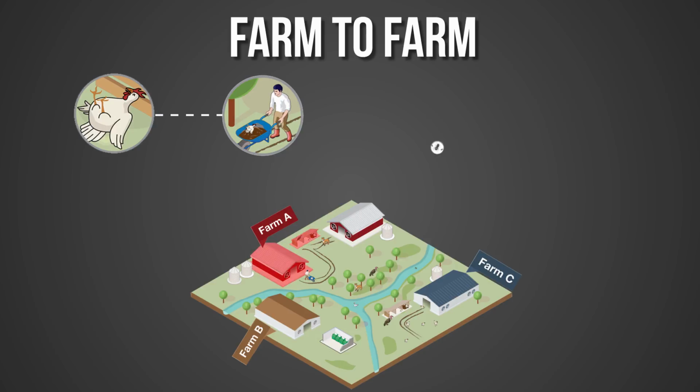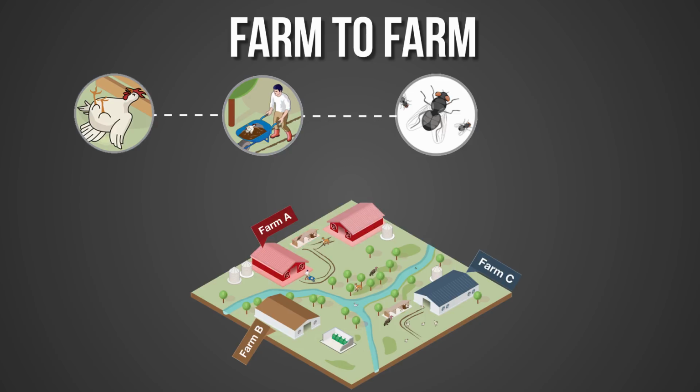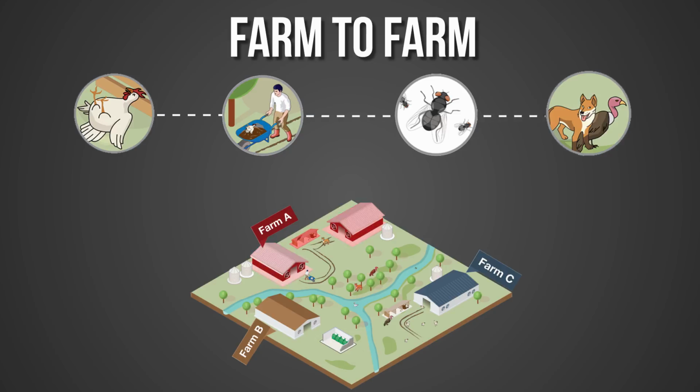3. Carcass composting attracts flies that can spread infection to other houses on Farm A and nearby farms. 4. Wild animals such as vultures, foxes, and raccoons visit the composting shed nightly for food. 5. Those same animals then carry the virus miles away as they visit nearby waterways or other farms, like Farm